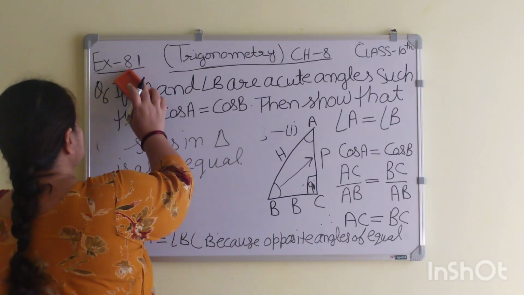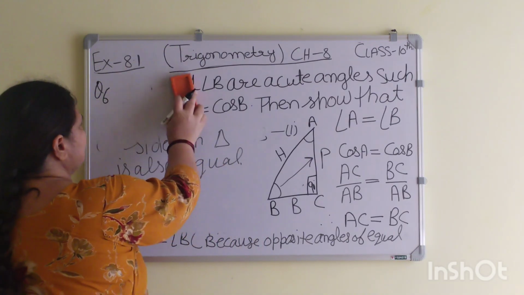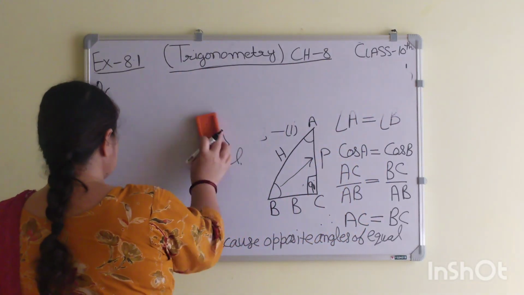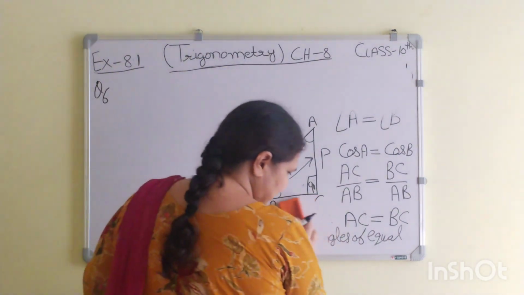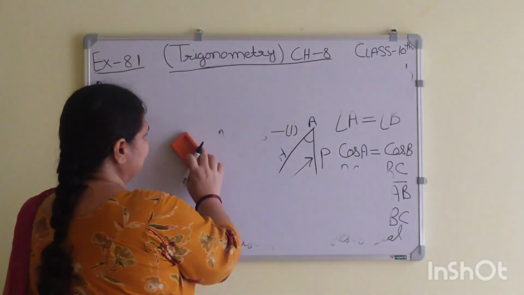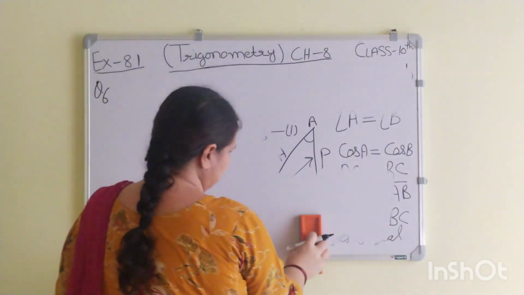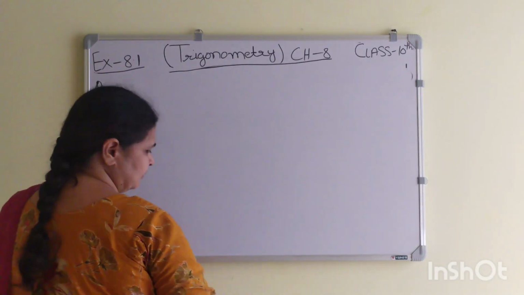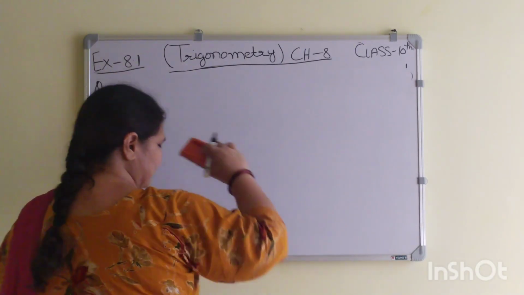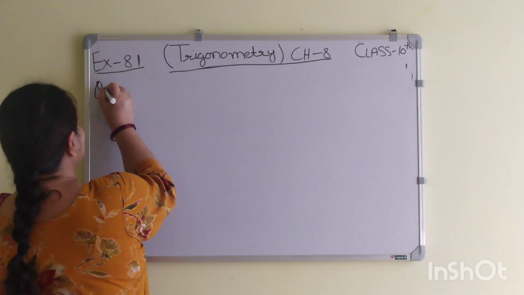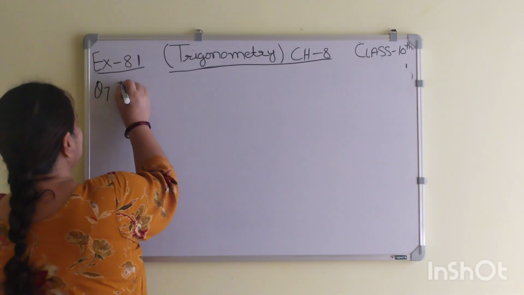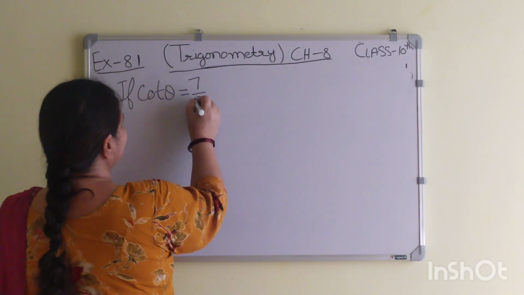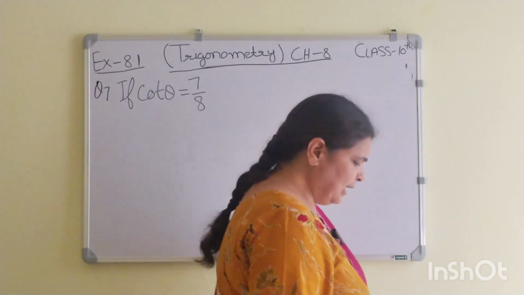Okay students, this question is complete. Now we will do question number 7. In question number 7, it is given: if cot theta is equal to 7 upon 8, evaluate